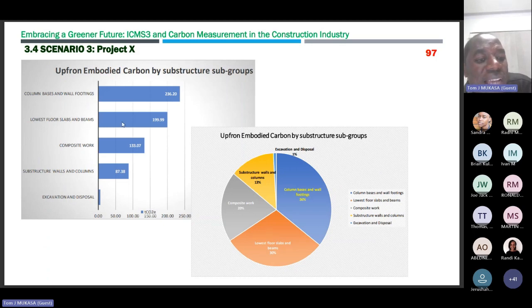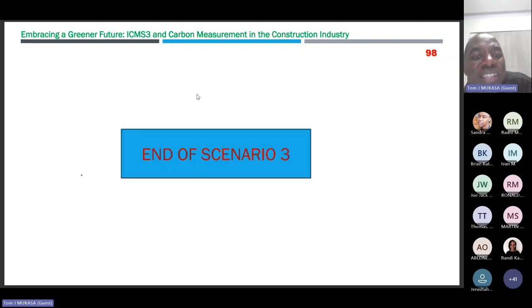Then composite items are those items I could not define under ICMS, but under the traditional. Then I had the substructure walls and columns. Once I've done that, I now know where I'm standing. And then during implementation, of course, the record keeping has to go on. But once you have the templates,